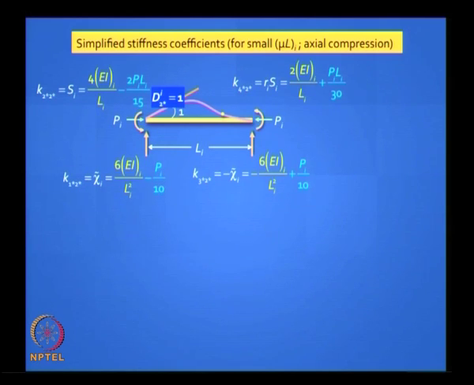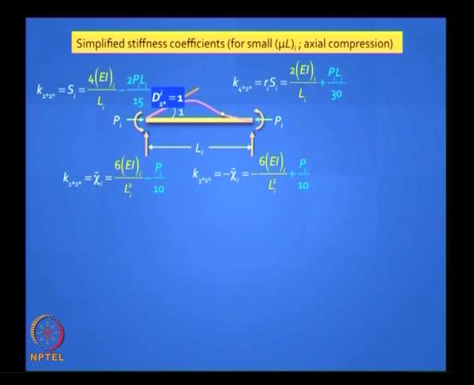So you have 4 EI by L, 2 EI by L, 6 EI by L squared as shown there, you are familiar with that. You just need to add or subtract an additional term which involves the actual force P. So it is a tremendous simplification, and what you see is naturally the flexural stiffness terms, the primary term 4 EI by L gets reduced when you have an axial compression, and if the compression is equal to the critical buckling load, it will actually degenerate to 0.